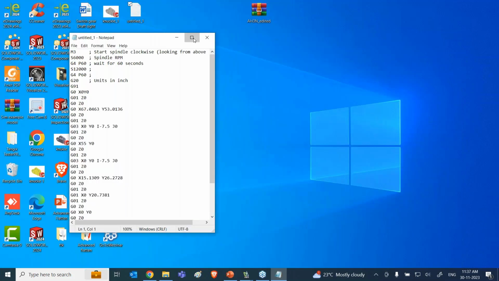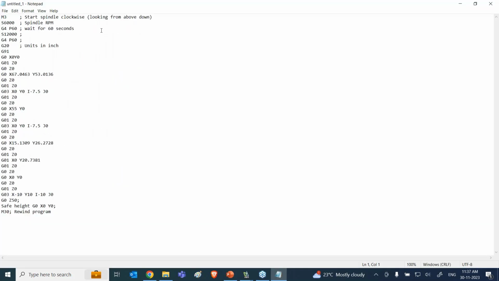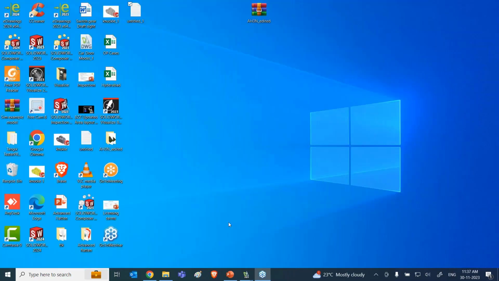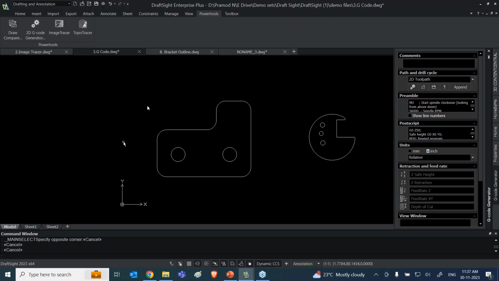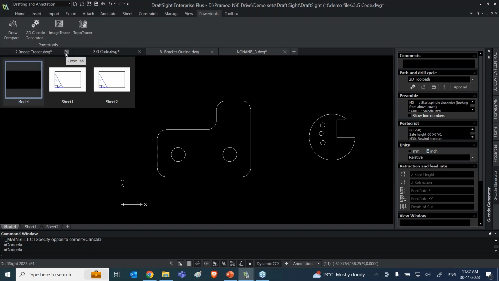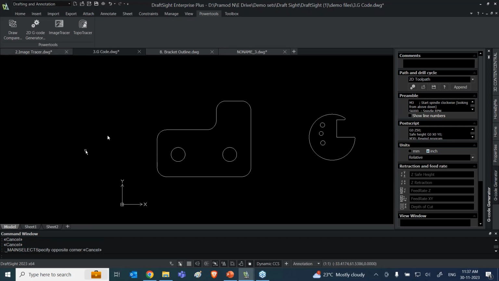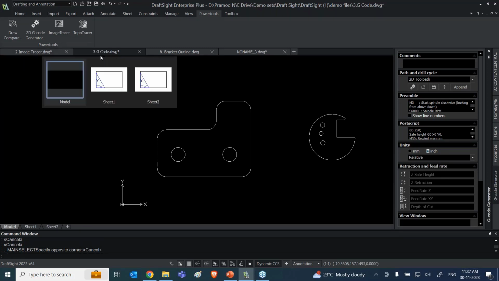You can see over here all the codes with respect to the profile which I had created have been generated. You can directly give this as an input into your manufacturing or cutting machines, or any other laser cutting machines or any other machines you prefer. Next we shall see what the other